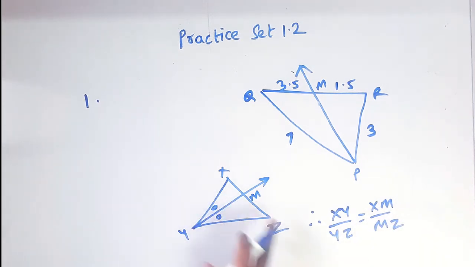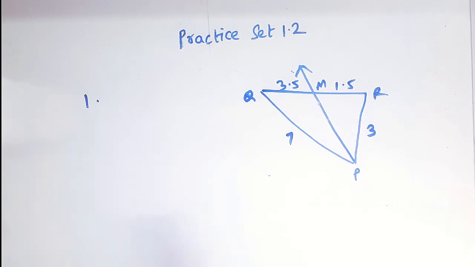Okay, you have to remember, first you have to take the sides containing the angle bisector. These are the sides that contain the angle bisector, equal to the side which gets cut, that is XM upon MZ. Okay, they are equal. So once this happens, the converse says that if the ratios are equal, then this ray becomes the angle bisector. So we have to start the first sum on the basis of this property. Okay, so let us see.